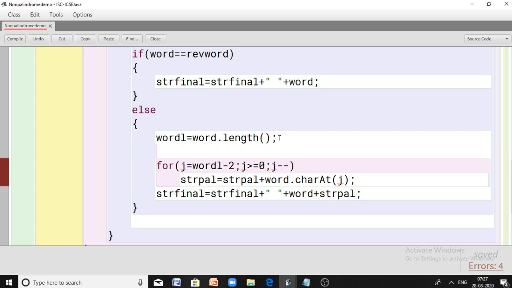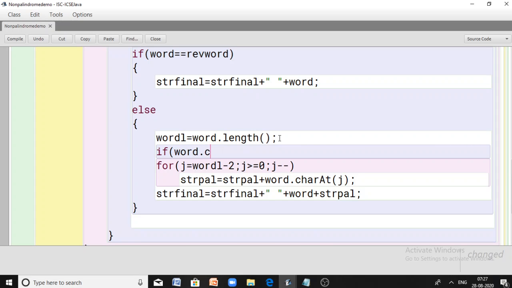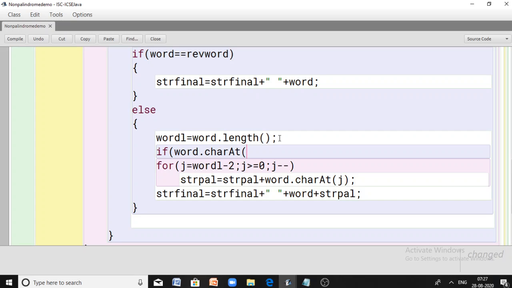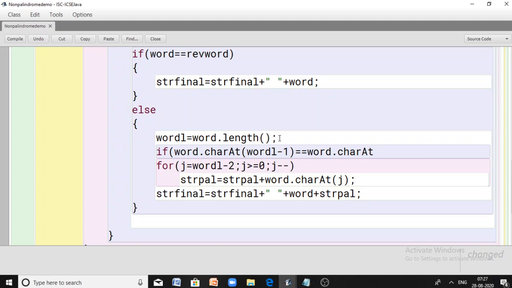So in that case, if word dot char at of the last character, which is word length minus 1, is equal to word dot char at of word length minus 2.